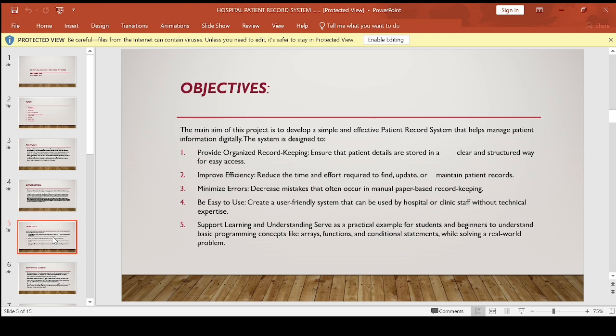The main objective of our project is to design a system that efficiently manages patient information digitally. To break it down, our goals include organized record keeping, ensuring that patients' details are properly stored for easy access; improved efficiency, reducing the time required to find or update records; minimized errors, preventing mistakes that commonly occur in paper based systems; user friendly design, making it simple enough for hospital staff to use without technical training;